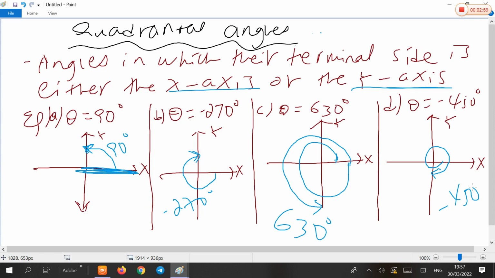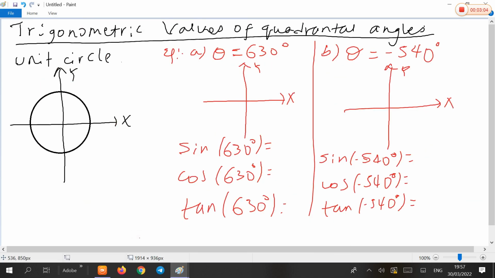so quadrantal angles trigonometric ቫልዩዎቻቸው እንዴት ነው ማግኘት የምንችለው? trigonometric values of quadrantal angles ዩኒት ሰርክል ተጠቅመን ማግኘት እንችላለን። ዩኒት ሰርክል ማለት by itself ምን ማለት ነው? a unit circle is a circle in which its radius is 1 unit. radius exactly 1 unit and the center of the circle is at the origin 0 የሚሆን ከሆነ then the circle is unit circle ይባላል። a unit circle is a circle in which its center is 0 and its radius is 1 unit። radius and center 0 የሆነ ሰርክል ዩኒት ሰርክል ይባላል።